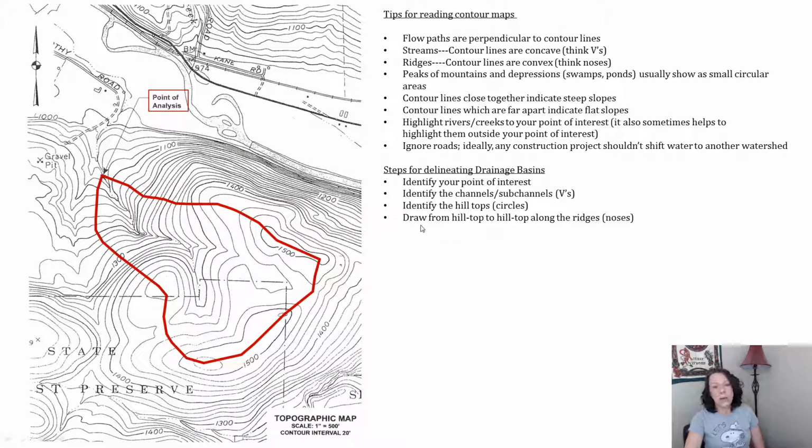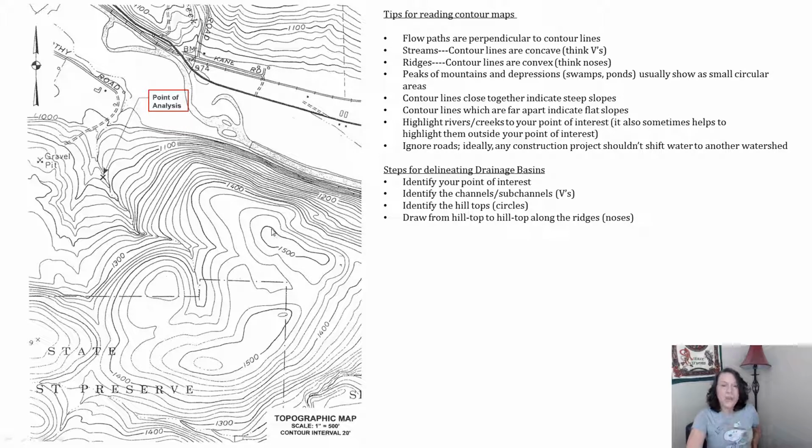In this slide, we'll go ahead and talk about the drainage basin. We have a point of analysis, so I'm going to take this back out for a quick second. So we have a 1500 and a 1400, so 14, so it's 2, 4, 6, 8. So these are in contours of 20. So if I drew a line, again, if I drew a cross section through here, I would go